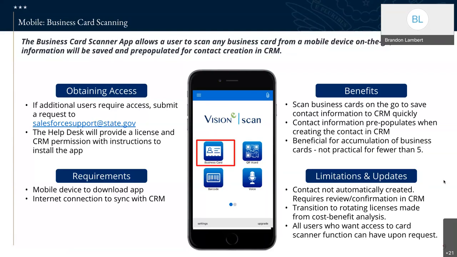Yeah, hi Brendan, this is Jasmina Sarajevo. Oh, hi. So after September, will any CRM user be able to use this option to scan the business card on their own, or will it be only limited to admins or the holders of business card licenses that are currently